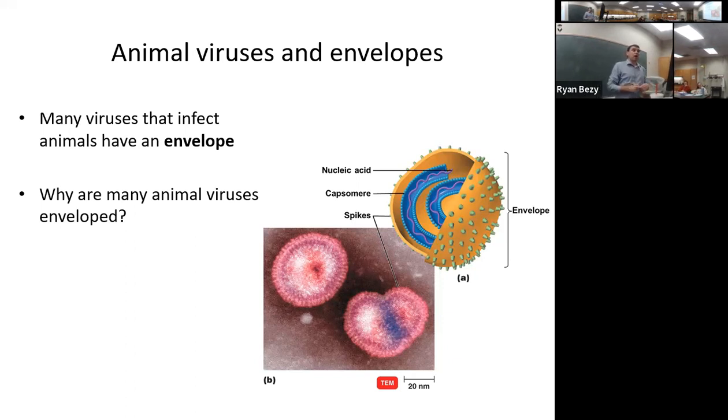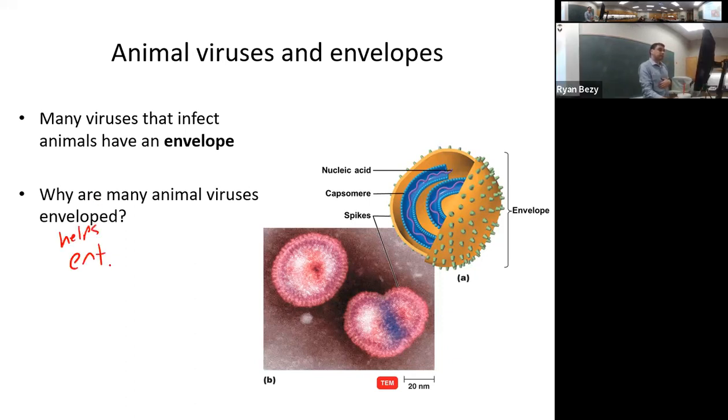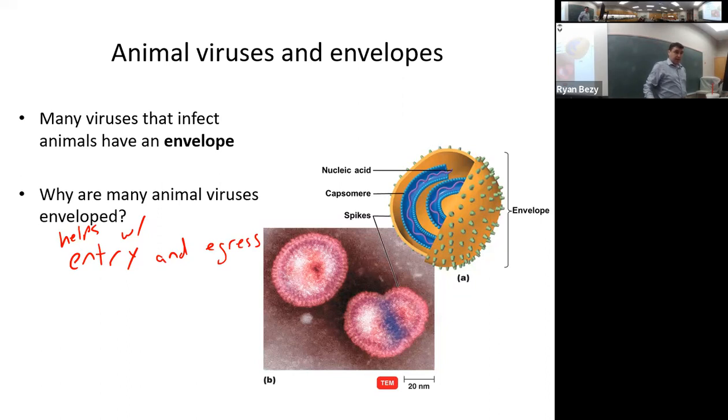And this is because the envelope will help with both entry and egress, exiting of the viruses. That viral envelope really helps with both of those processes, particularly with animal cells. And it's partially just because animal cells